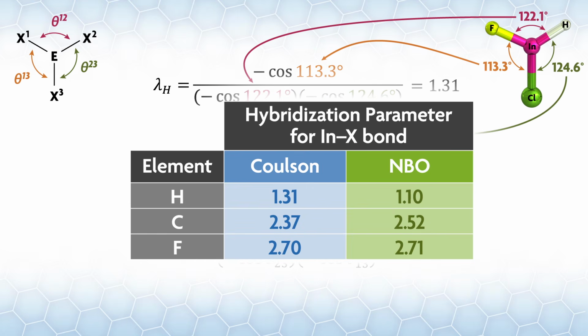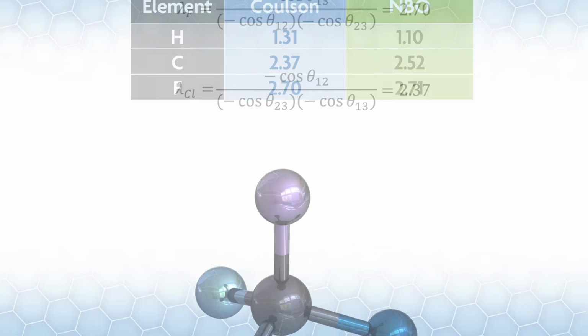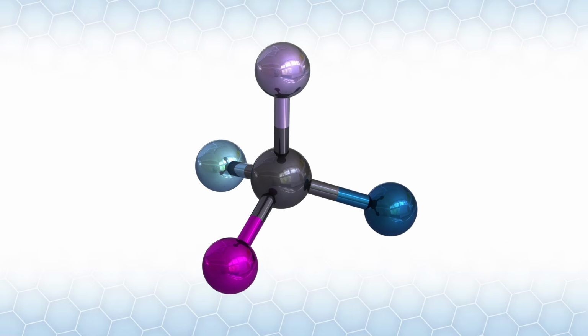Bent's rule predicts that the S character, as shown by the low hybridization parameter, will concentrate in bonds to low electronegativity groups. The NBO values are only slightly different than our by-hand calculations and also are very much in line with Bent's rule. Finally, let's find the hybridization parameters to all of the groups in a tetrahedral system where the tetrahedron has